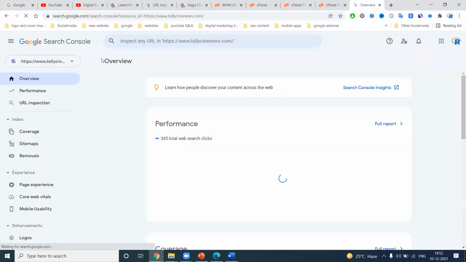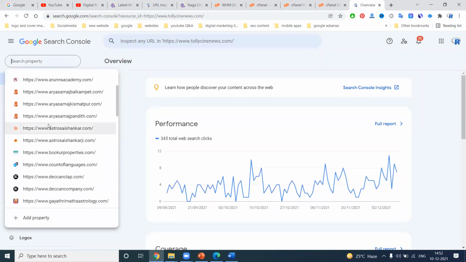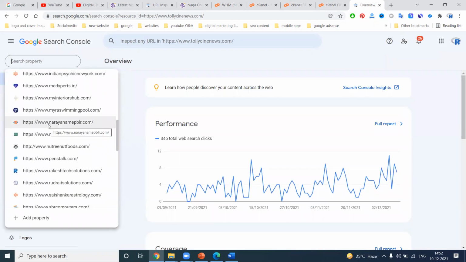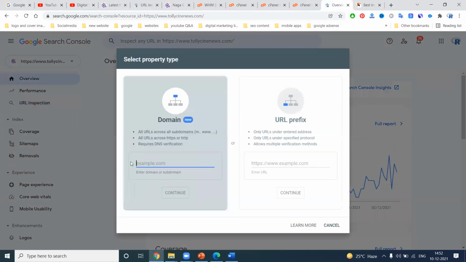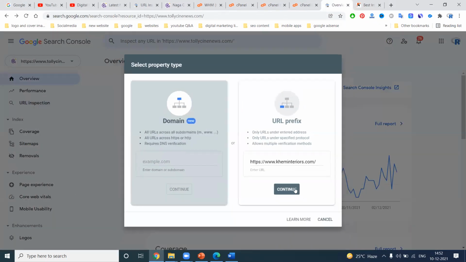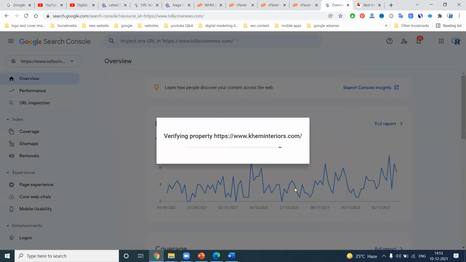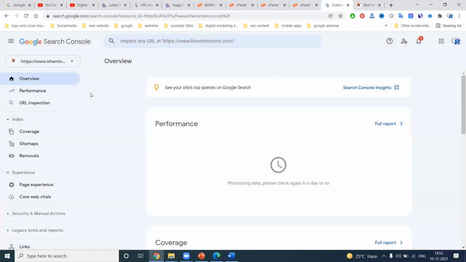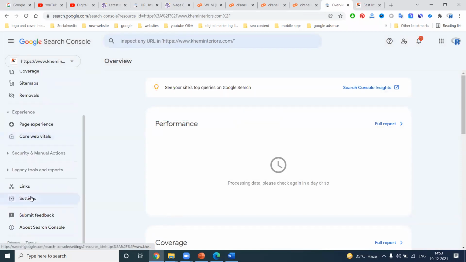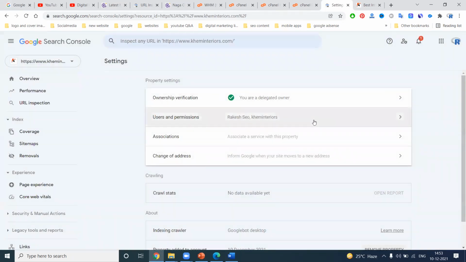So now open Google Search Console. Here it is called Came Interiors. Whether it is done or not, you can check from here. So it is not done. Simple. After updating, we can simply click from here. Add property, click this, continue. Immediately it is verified. Why? Because I have given access for the particular customers. So this is accessed by the two emails.